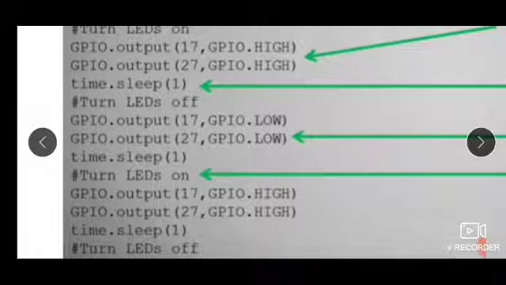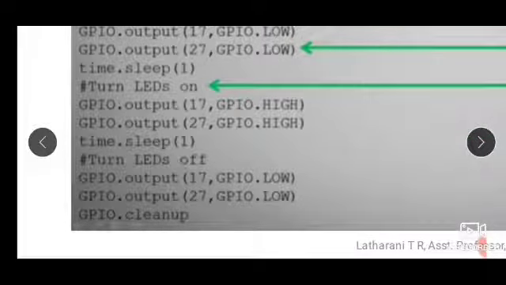So that is one time blinking. The continuation of the program is there: high, low for each 1 second. So this program will make the LED go high, low, high, low. That way it will work.